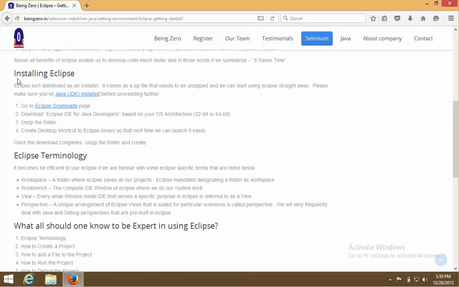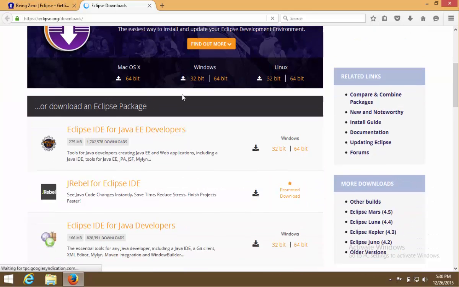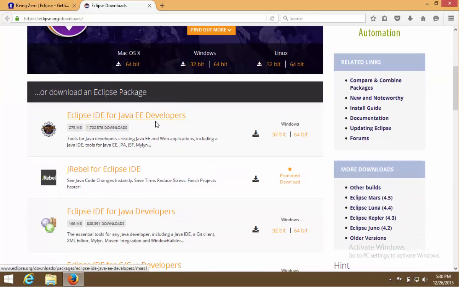Now the first thing is we have to install Eclipse. Eclipse is not distributed as an installer. It comes as a zip file which we have to unzip. So this is the link to download Eclipse. I'll click that, and when we go there, we'll see a lot of options: Eclipse IDE for Java EE